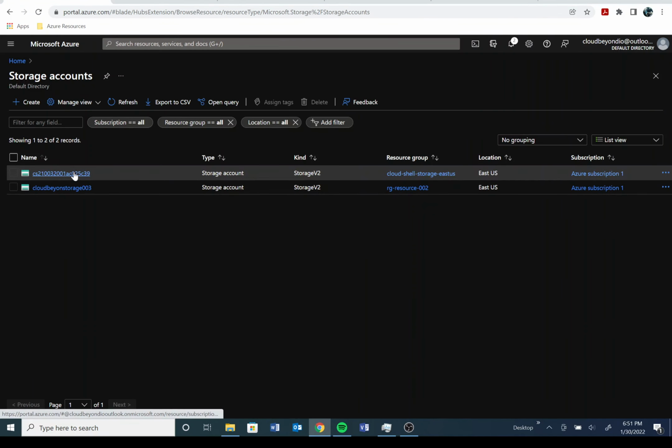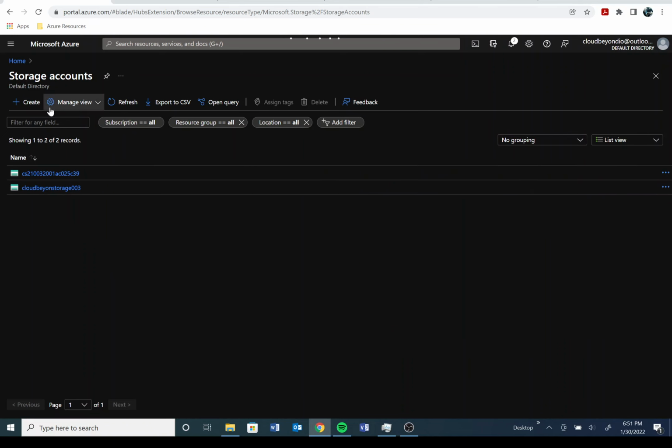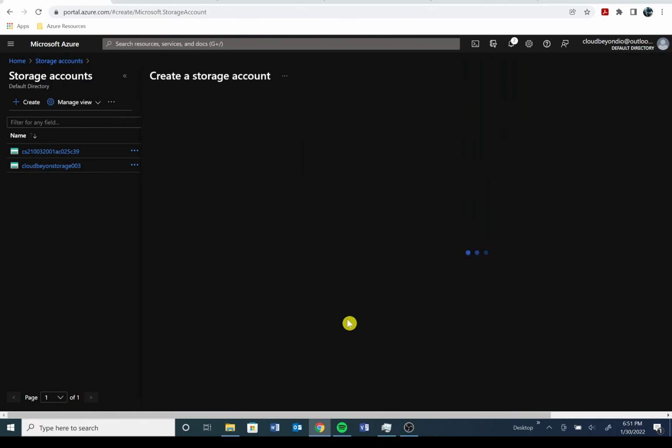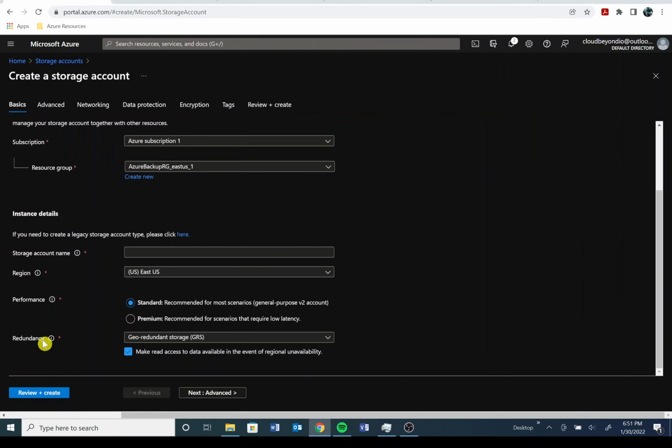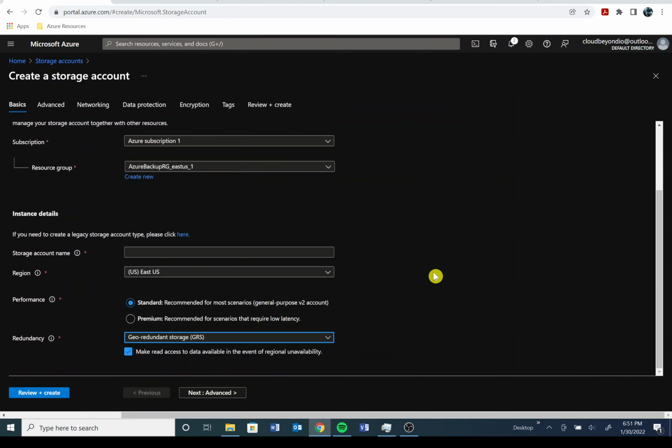So I do have a couple of storage accounts here within my portal. What I'm going to do is firstly show you where you would configure the redundancy option. If I go to storage account and go create storage account, then you scroll down and select the redundancy options. Here it gives you all the redundancy options which we just explored: the LRS, GRS, zone redundant, or if you want geo-zone-redundant storage. And it also gives you the option to make read access to data available in the event